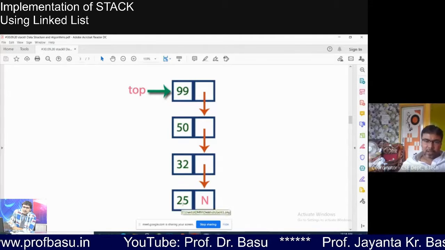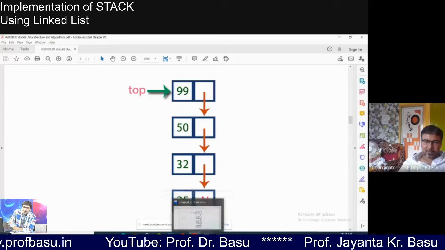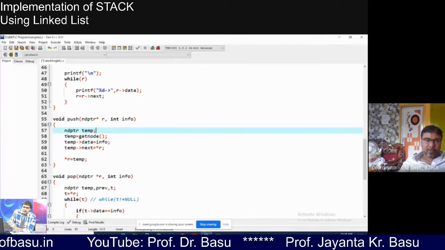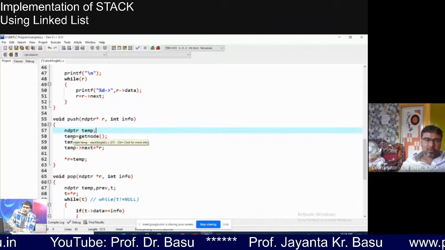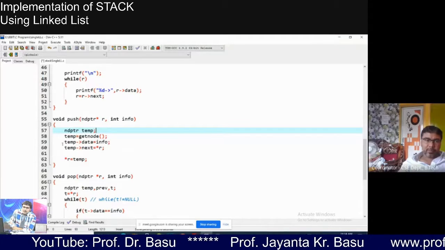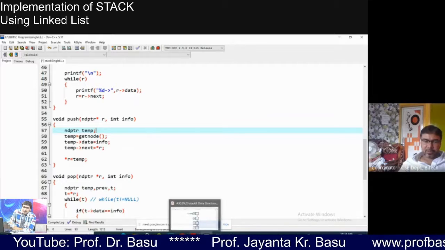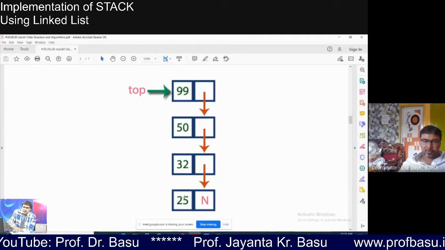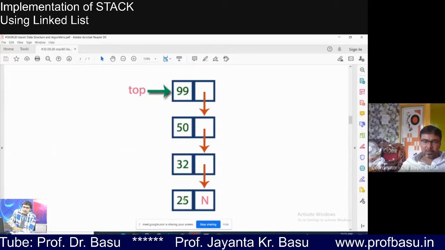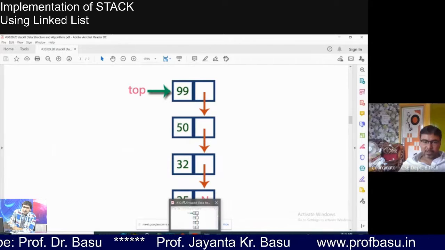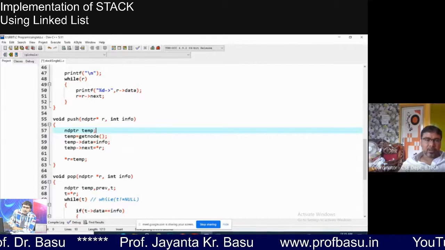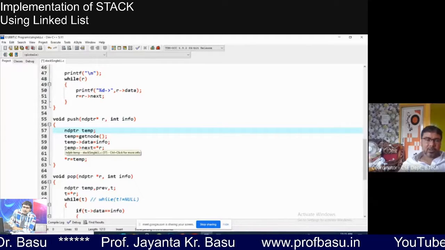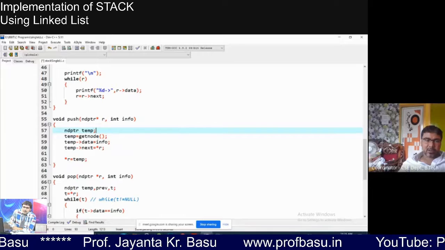So at beginning, same concept. Temp gets node, so we'll create a node and store the base address of that node into temp, and the data part, let's say 25 or whatever the user supplies, we have to assign in the data component of the node, right? And temp arrow next,